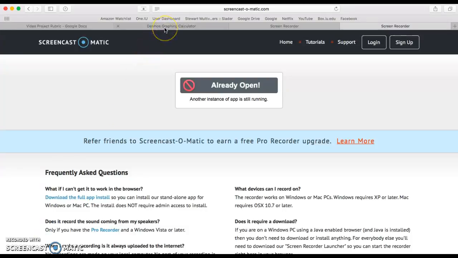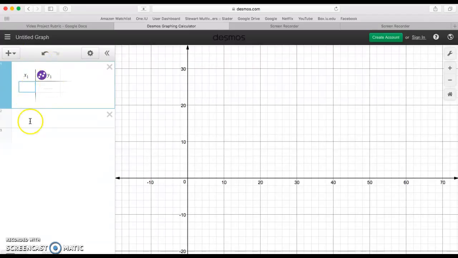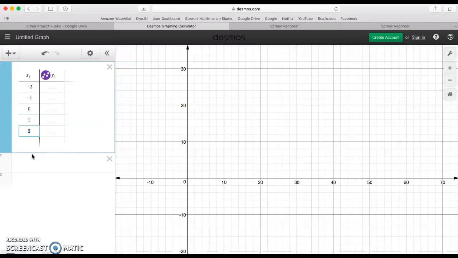But then I'm going to teach you how to use this Desmos graphing calculator. So for this project, you're going to be using examples from your book, but you'll be needing to use this online graphing calculator to test the functionality of those relations. So if we come over here to add item, we're going to add a table because we're specifically using relations that come from tables. And let's just say we have an example that has the range values of -2, -1, 0, 1, 2. So, and we got a 3 in there, but so this one here has all that,